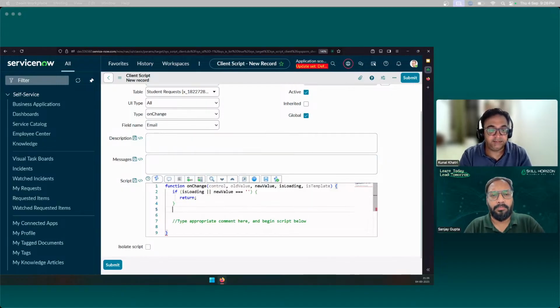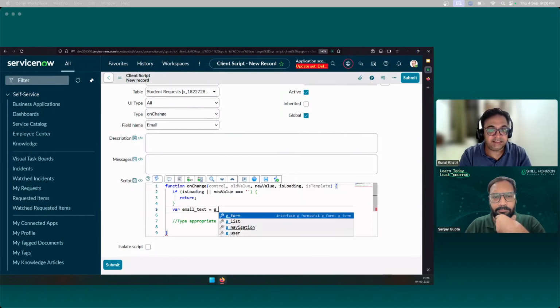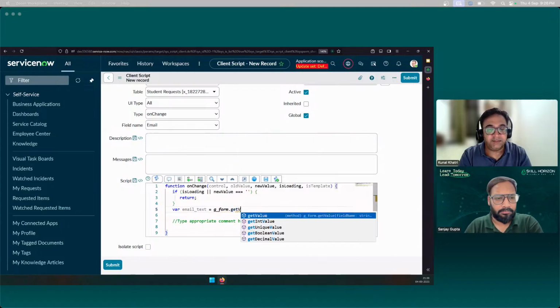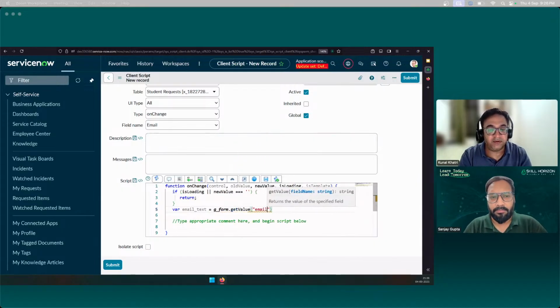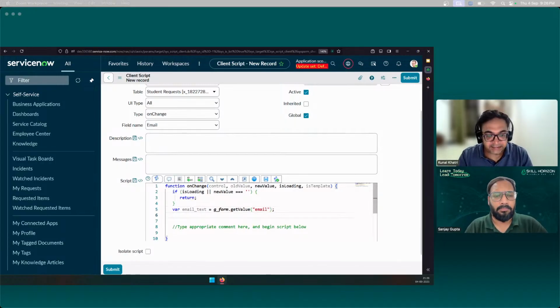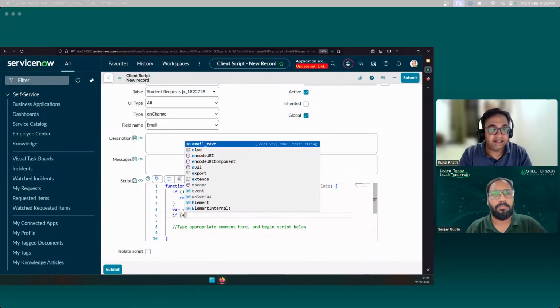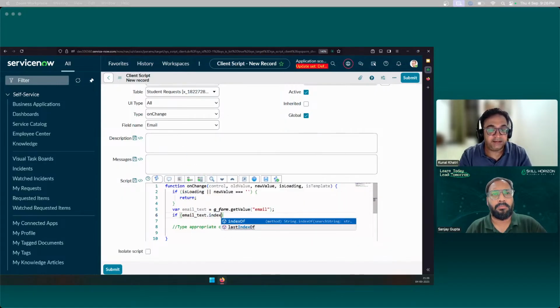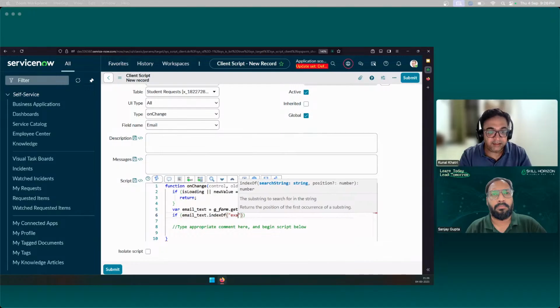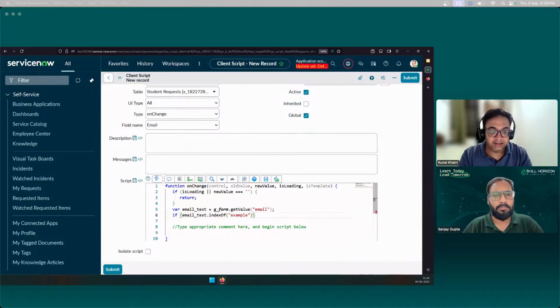If variable email text is equal to g_form. Now, some of these will not make sense because we haven't covered the JavaScript side. But for now, you can understand what is happening. What we've done is that we are trying to get an email text from the g_form class, and we are trying to get the value of field, which is email. And we will say if email text index of example is less than 0,